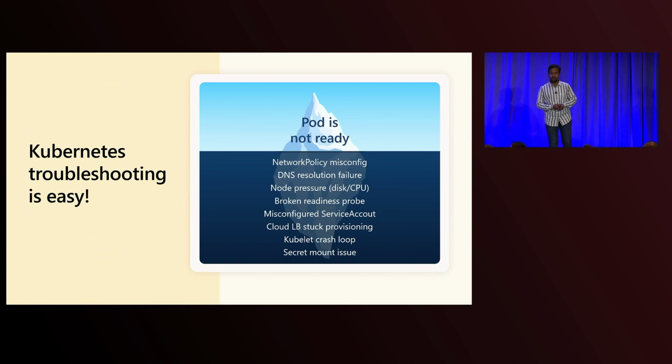Cool. Let's take a step back and look at Kubernetes troubleshooting, and what seems on the surface to be easy is not always the case. There's a lot of things underneath which are not always apparent. Sometimes it could be things like complex networking issues, infrastructure, system behavior. In this example, something like a pod being not ready could have so many other causes. All this to say that it's not just about reacting to the visible error. It's about having visibility of all the layers below. And sometimes this could be deep and often hidden causes. Sometimes there could be no alerts or even something silent that could be failing. If you want to make it both reliable and cost effective, we have to go below the surface.